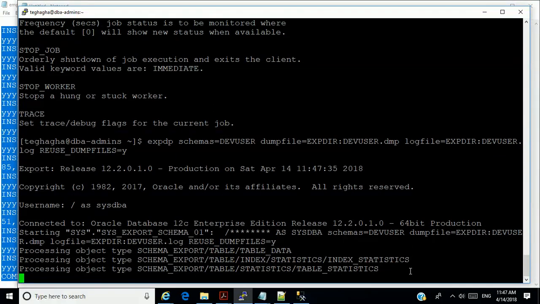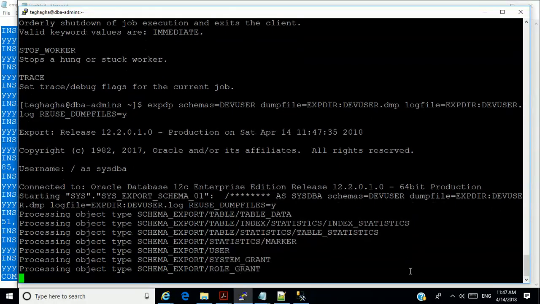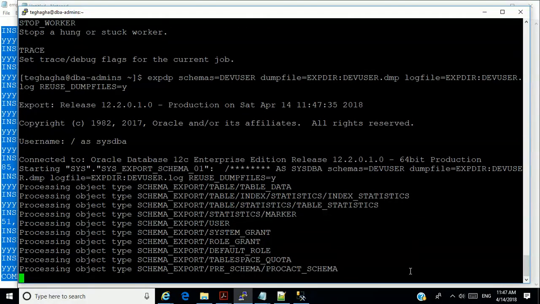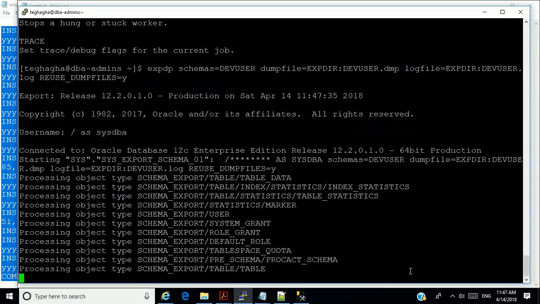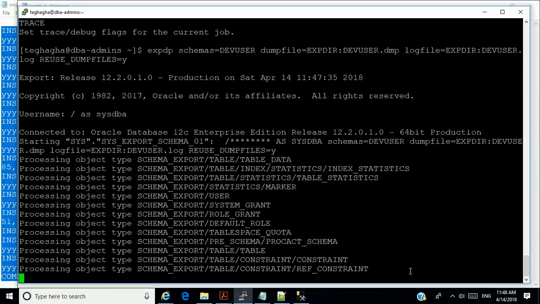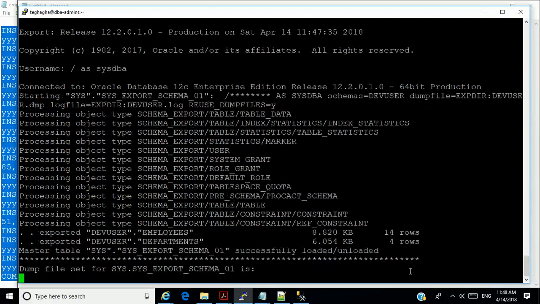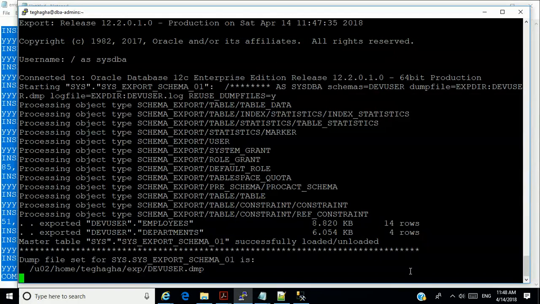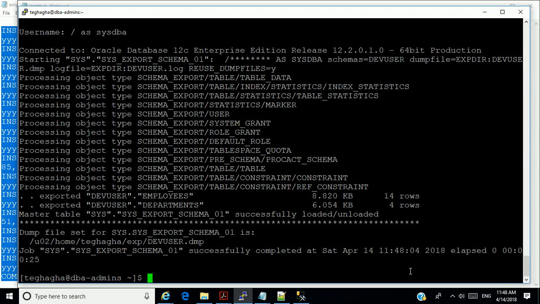Isn't it wonderful? So now it's going. These are real life situations you have. You have a database, for instance, that is not in archive log mode, and you want to do an export every night. You can just run this export, but if the file already exists, you might want to put the reuse parameter so that your export doesn't go into error.